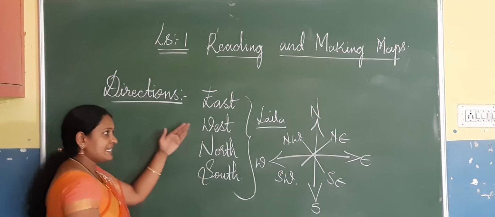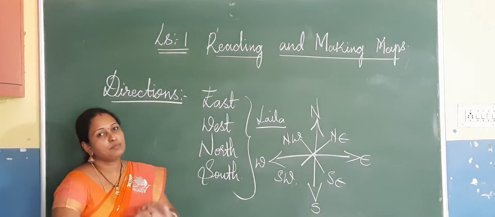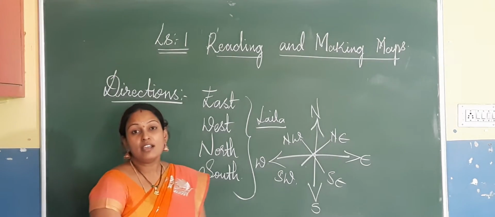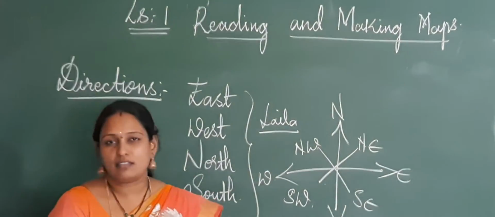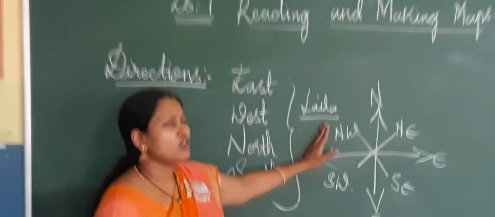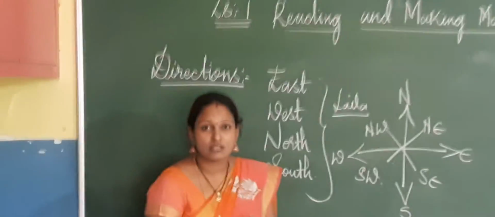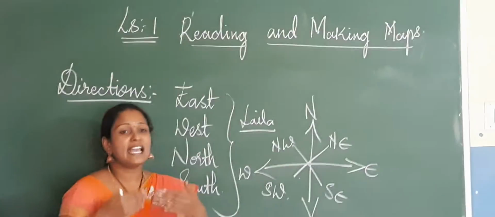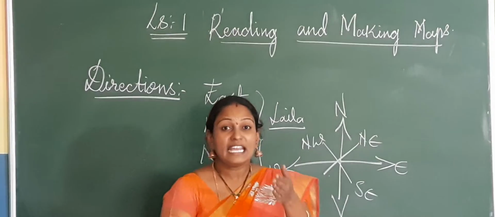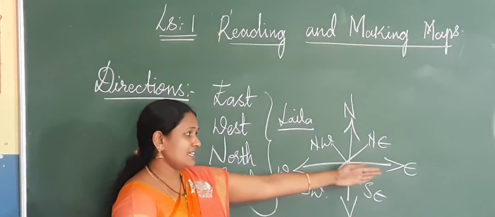So after that, next, Laila and Malika both were staying in the same house, and one day, the next morning, Malika went to the terrace. Right? Why? Because she wants to know exactly about the directions. Even you people want to know the directions, right? Just stand exactly facing east side. So which one is east side?